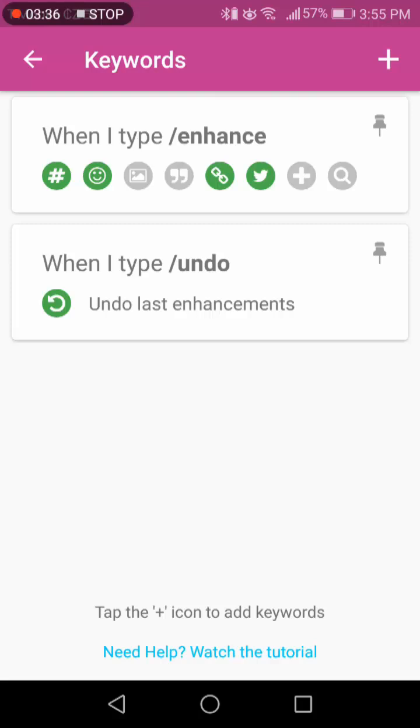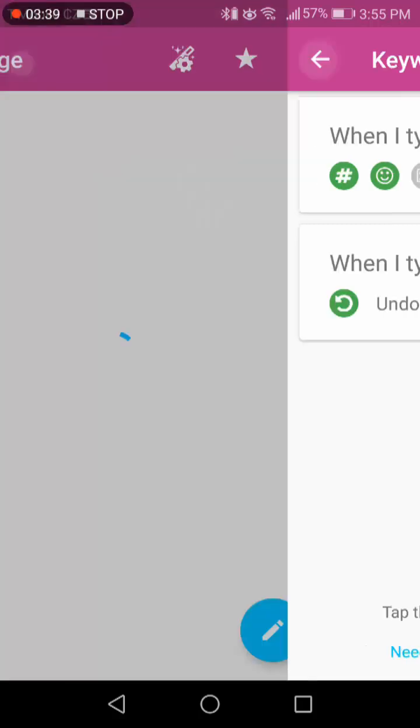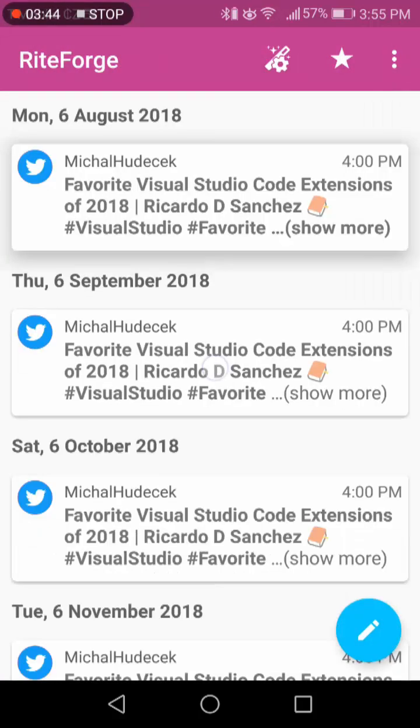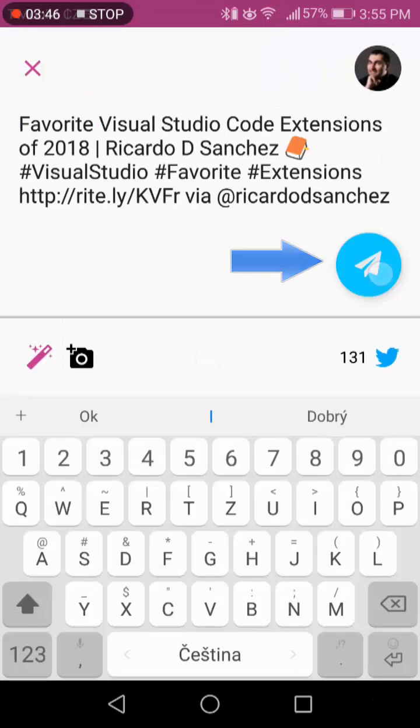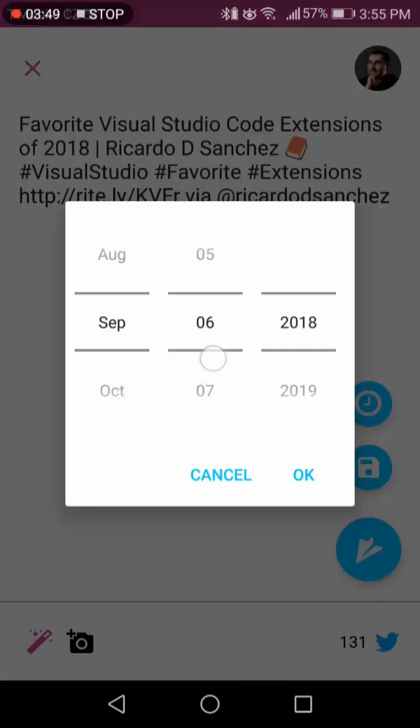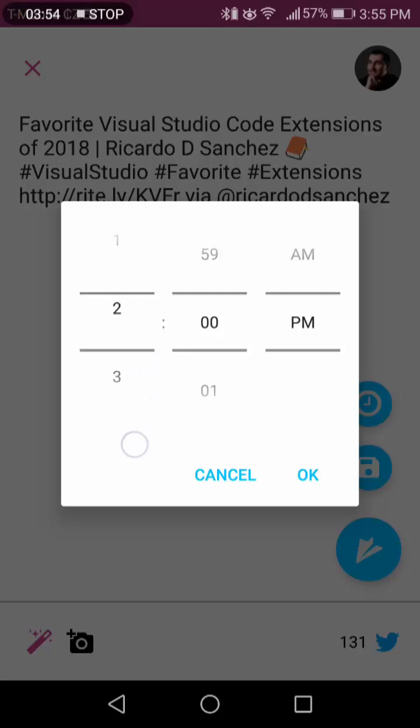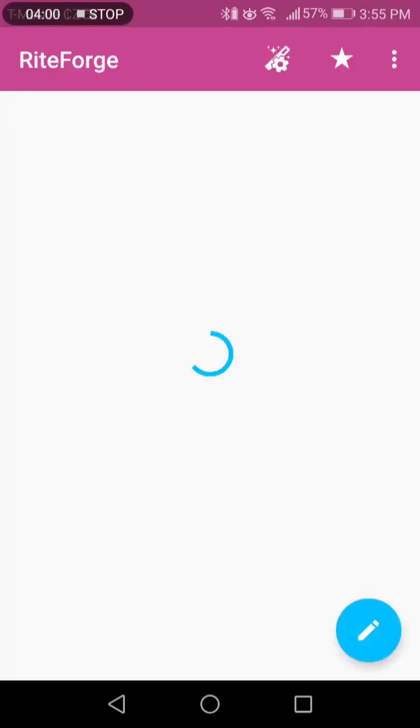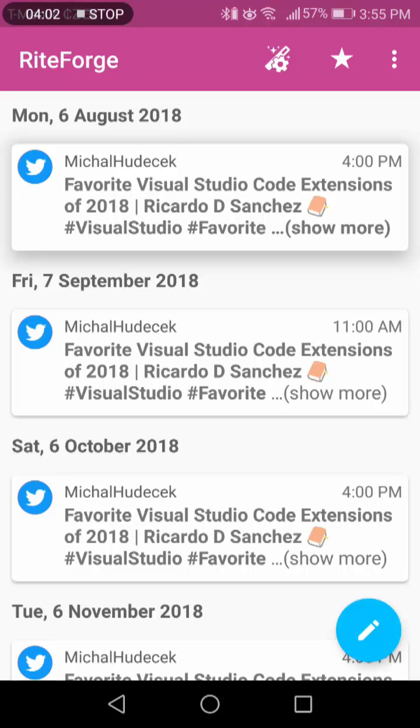Lastly, let's look at post editing. Hit the back button, tap a post, and change time. Hit OK to save. So, the RiteForge mobile app is your solution for generating great posts with all the gifts